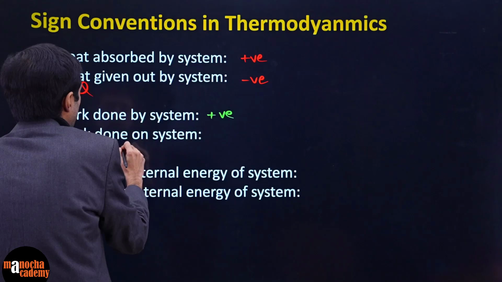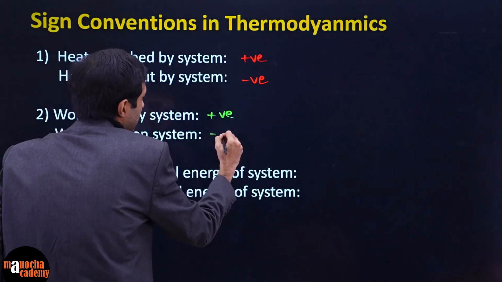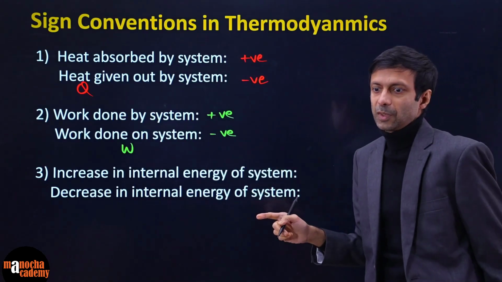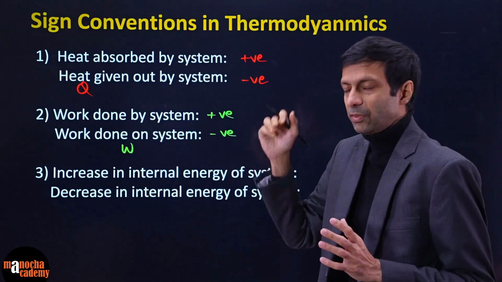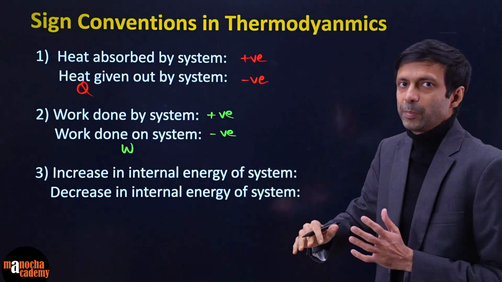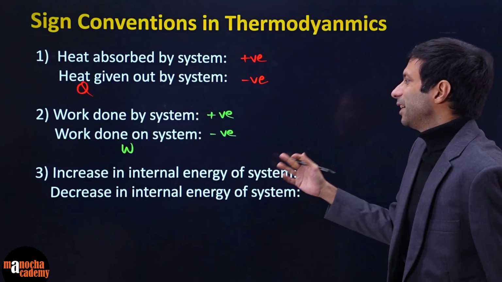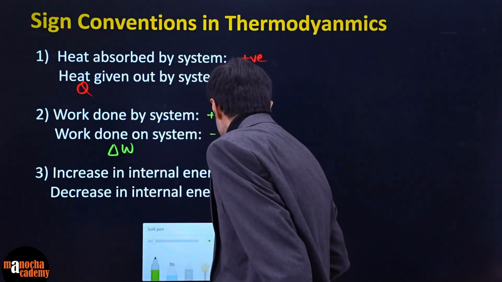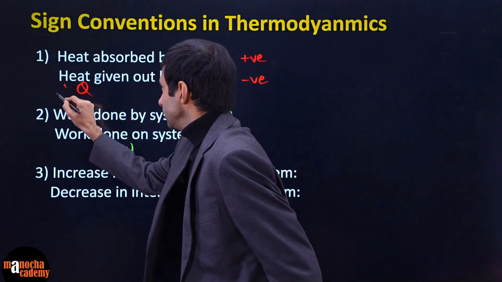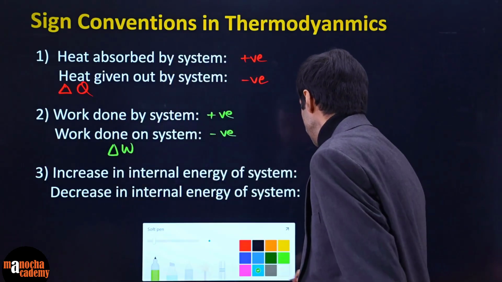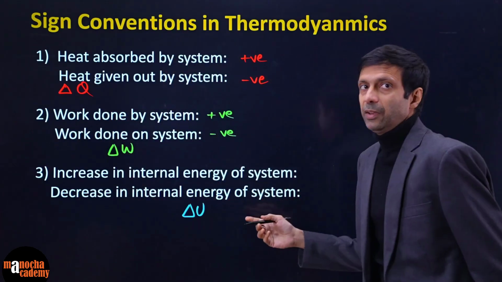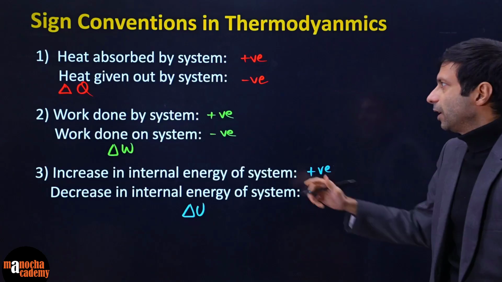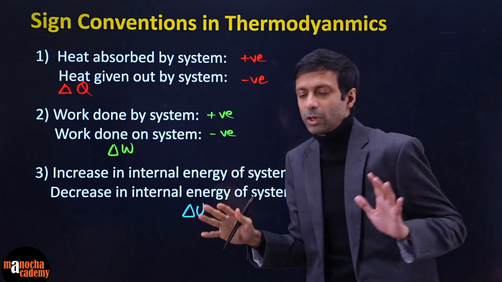So here we are talking about the work done stuff, right? And this is considered negative. Okay, work done on the system. Okay, if the system is doing work, positive. If the work is done on the system, like let's say you're pushing the piston, then it is negative. Increase in internal energy, this is simple to remember. Okay, again, let's put in the delta symbols here, right? So delta, and this is the change in internal energy, right? So obviously, if the internal energy of the system increases, we say positive. This makes sense. And this is negative. In chemistry, this part is opposite, right? But I'll not confuse you with chemistry.